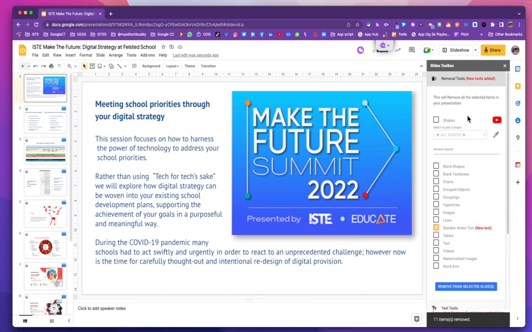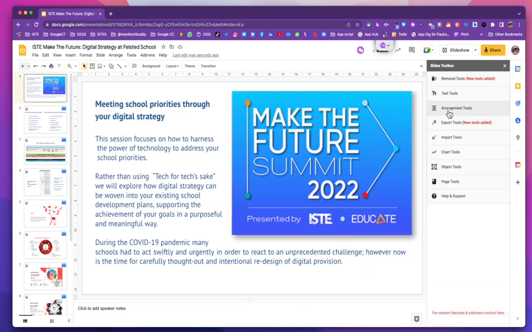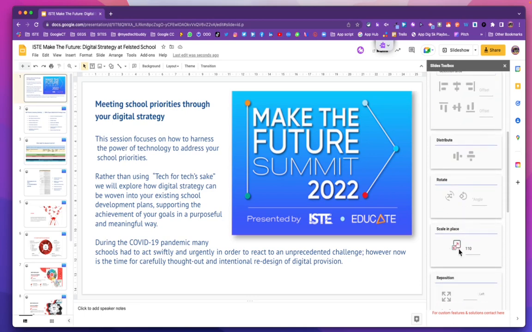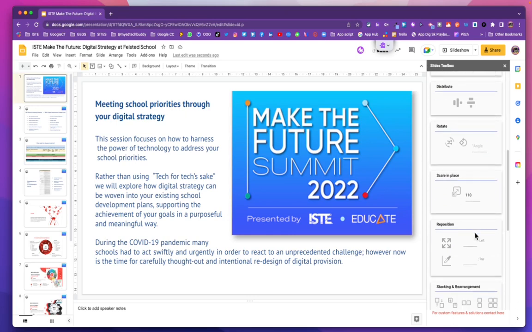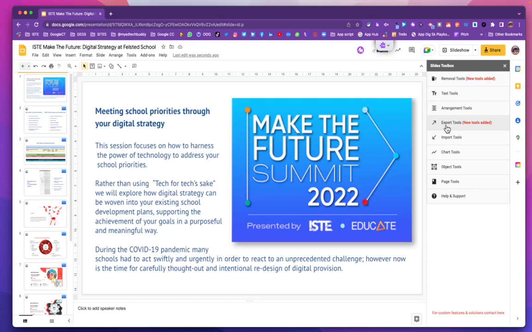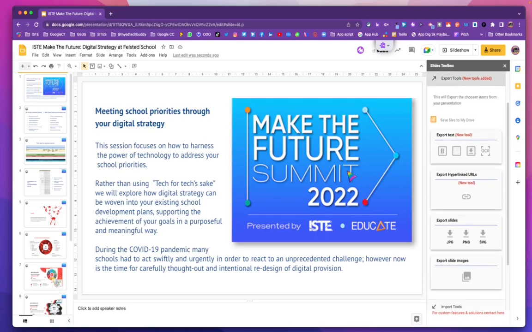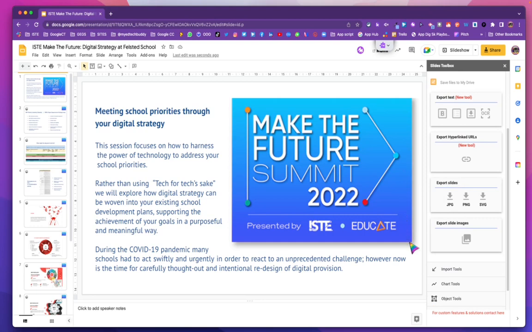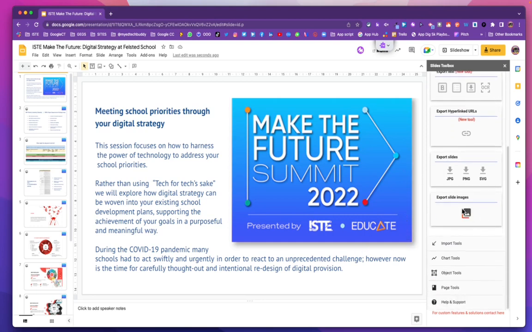Okay, I might then decide I want to do something different, so I've got arrangement tools. So I can look at recentering absolutely anything I like across the whole deck. So if I want to reposition things, I want to stack things, I want to resize things, I'm now going to look at the export tool. So for example, if I wanted to take all of my JPEGs out of here, rather than going through and do it individually, I can export the entire slide as JPEGs or PNGs, or I can export slide images. So if I click on this one,